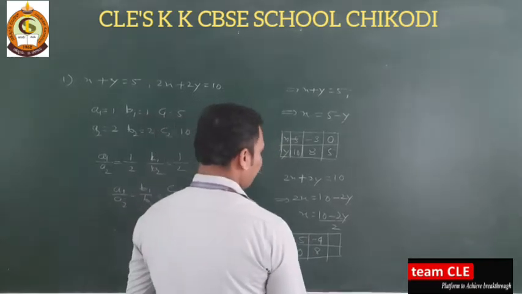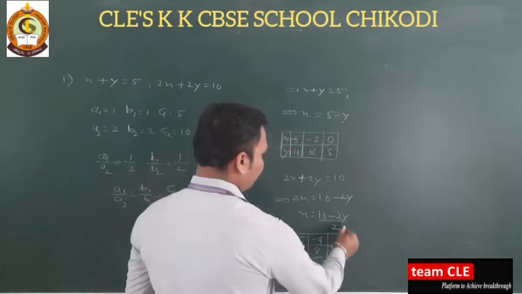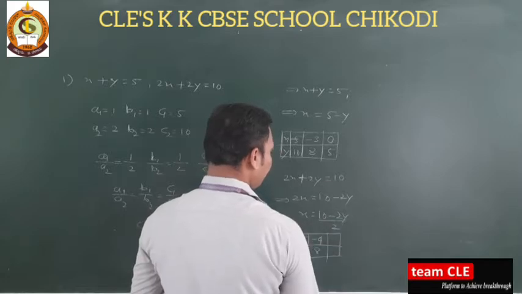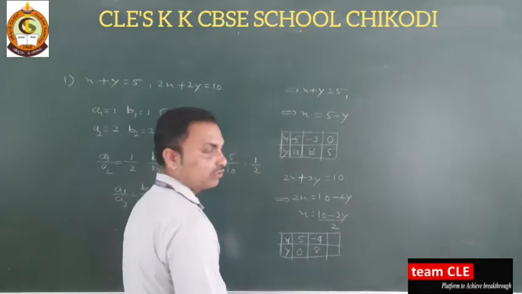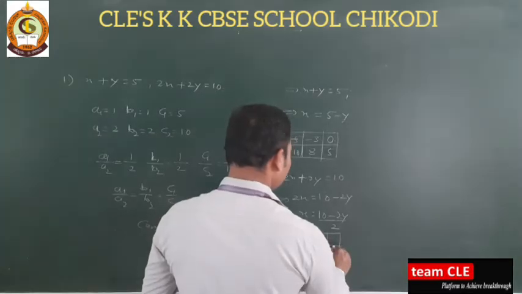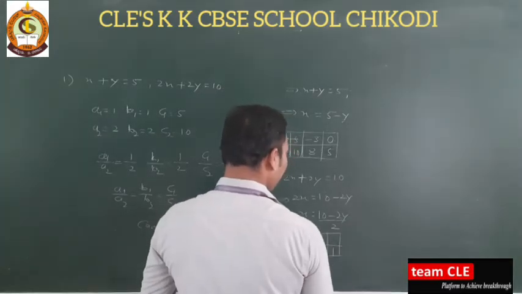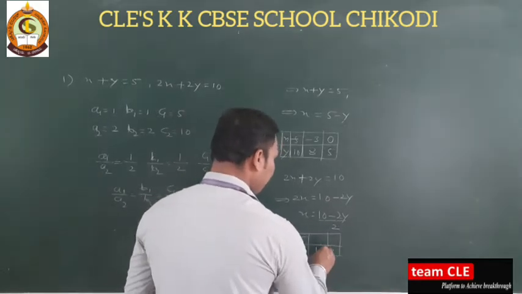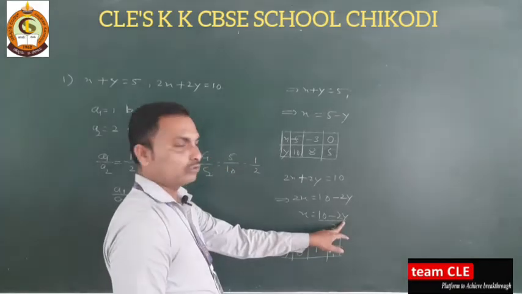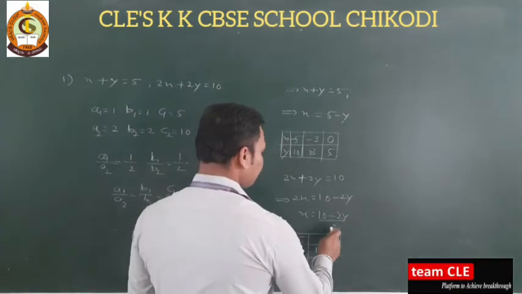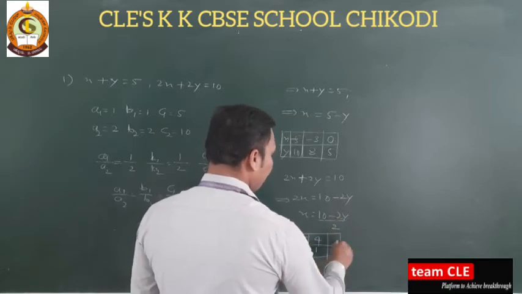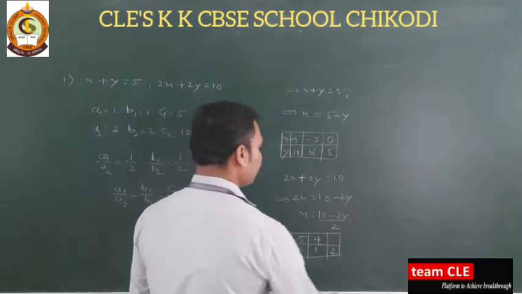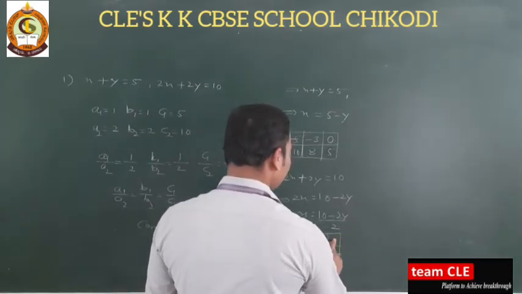Next we can substitute another value. We substituted 0, now you can substitute 1. Now we will get 2 into 1, 2, and 10 minus 2 is 8, so 4. So x is 4 when y is 1. Next you can substitute 2 here, so 2 twos are 4, so 10 minus 4 we will get 6, and this will get 3.